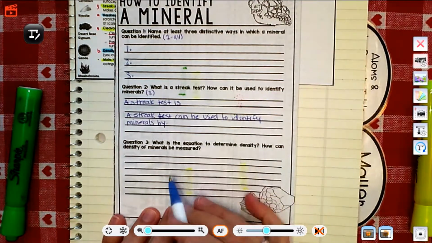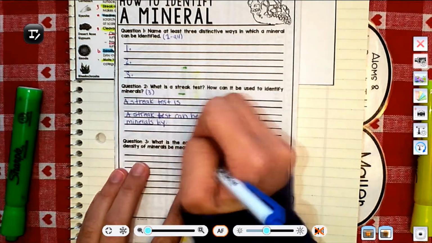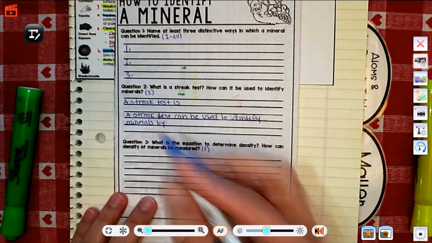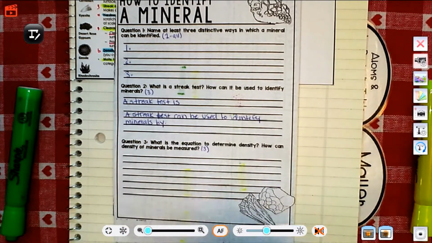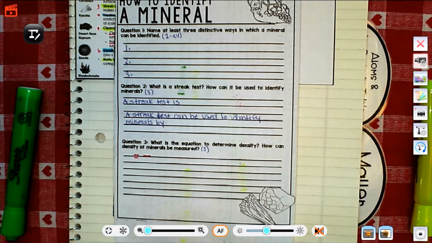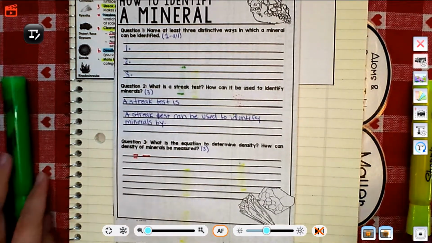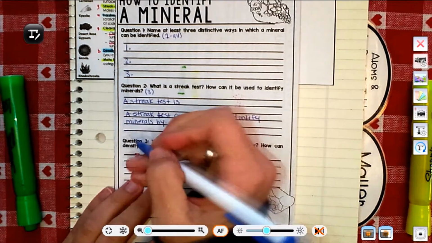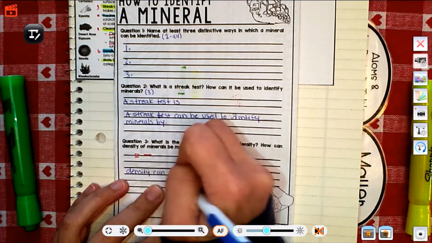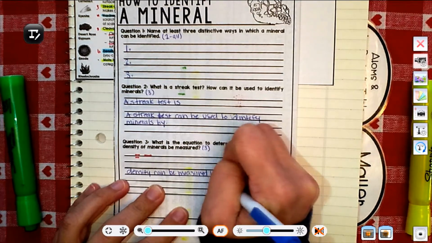And the final question, what is the equation to determine density? Oh my gosh, we wrote that down in paragraph 3. We wrote it down next to it, so you should write it there. It's going to be some letter equals something divided by something. How can density of minerals be measured? So density can be measured by